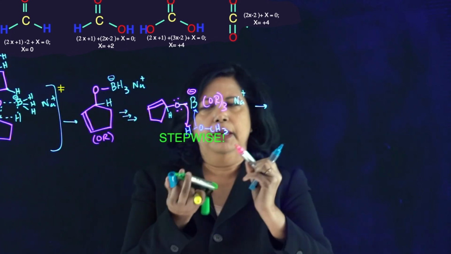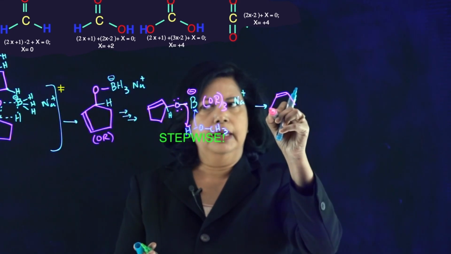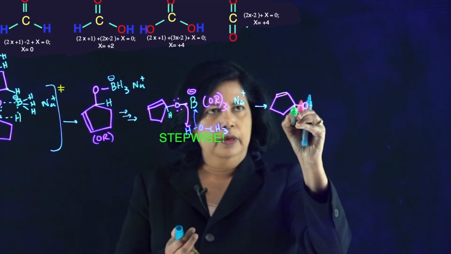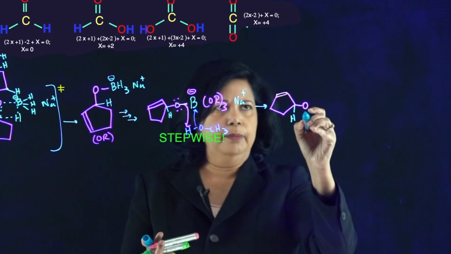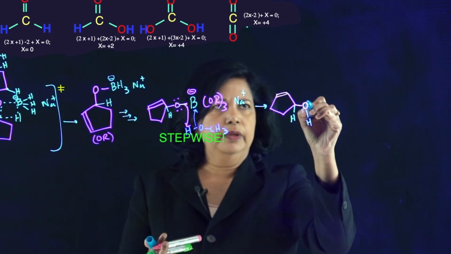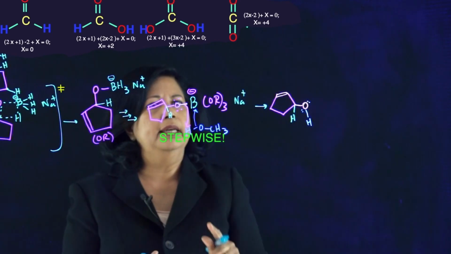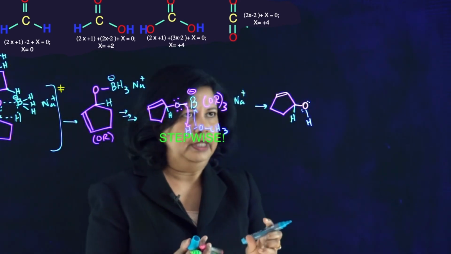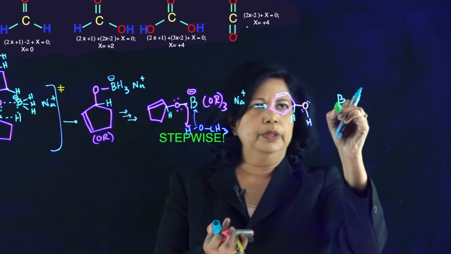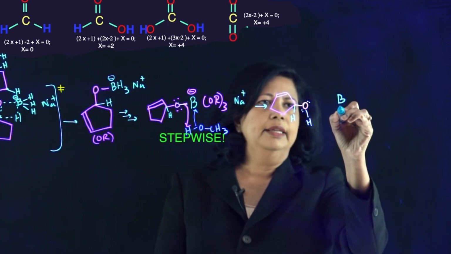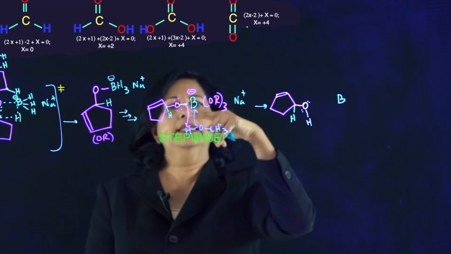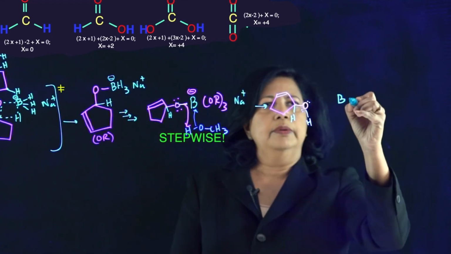So you will have your methanol broken up, and you will have oxygen with a hydrogen from the methanol. And that we know, even if you put a deuterium, it's going to end up there. Then we have the boron now with OCH3. Boron goes with your OCH3. And that's going to happen 4 times, because each one of this is like this. This will happen 4 times. So you will have